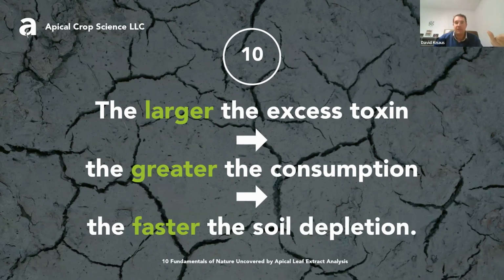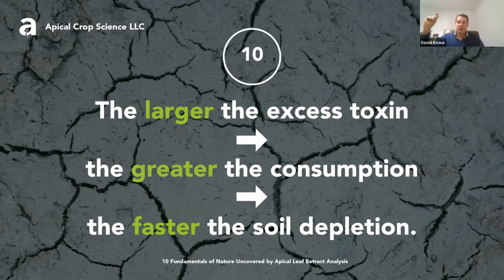Careening headlong off a cliff into that soil depletion doesn't have to be that way. By understanding the 10 fundamentals of nature, you understand why the depletion is happening, how to reverse it, and how to track it in real time, from reading sap tests. Because if you have high levels of sugar in the plant, you're going to have high levels of sugar put down in the root environment. If you have high levels of sugars being put in the root environment, you're going to have carbon cycling and active microbiology. If you have that, you're going to build soil, not deplete soil, right?